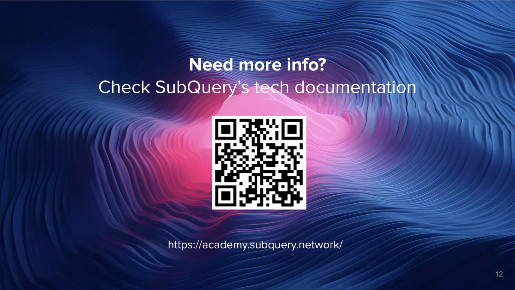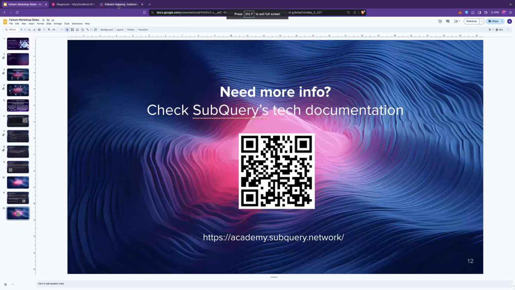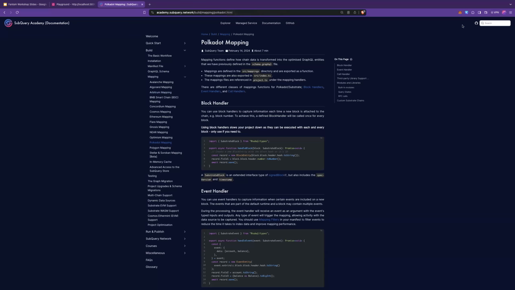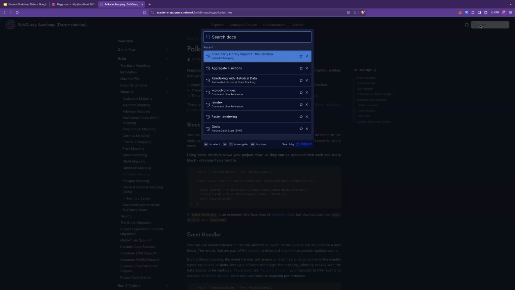So the first one I have, I know you mentioned that it's multi-chain compatible, but can it handle multiple chains simultaneously? Yeah, sure. The configuration is pretty straightforward. By the way, I have the official documentation for SubQuery open.